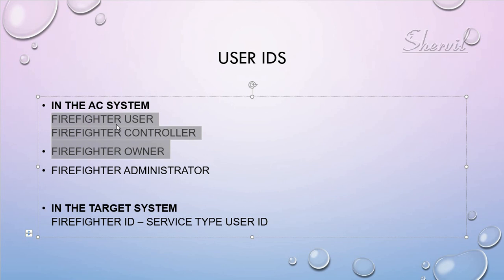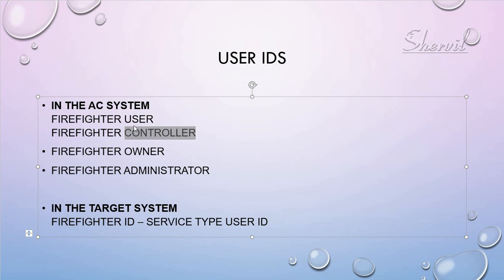And we are talking in terms of centralized EAM, okay? So in case of centralized EAM, you need to create the 3 user IDs, or have these people in the system. So somebody could be your manager, the firefighter user's manager could be a controller, or a director could be a controller. The firefighter's manager could be an owner, and a director could be the controller.